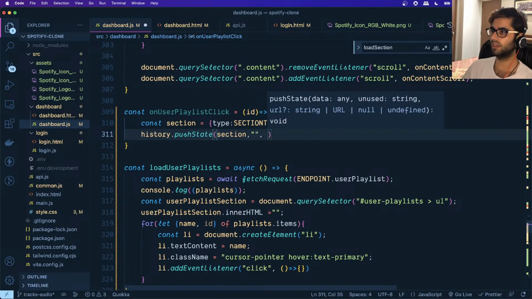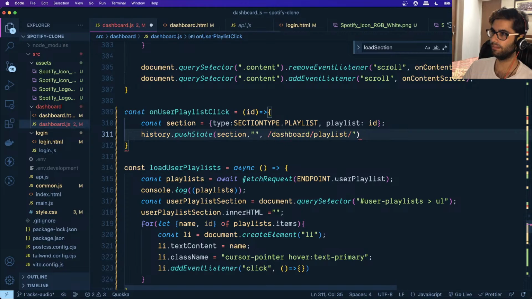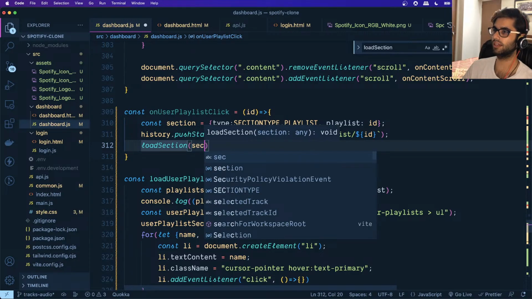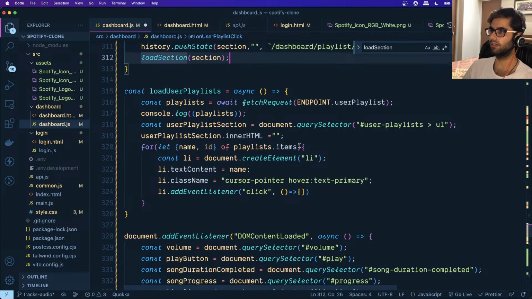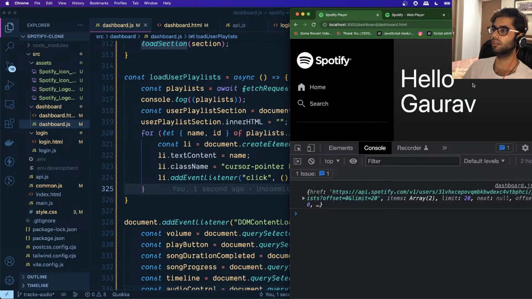And for the last part we want to load it in the dashboard, and we want to go to the playlist, and we want to show the ID in the URL. Okay, so let's use the backtick notation, and we'll pass the ID over here, and then we'll call the load section function and pass it the section that we are getting. All right, let's pass this over here, on user playlist click, and we'll just pass it the ID when we're clicking on this. Okay,